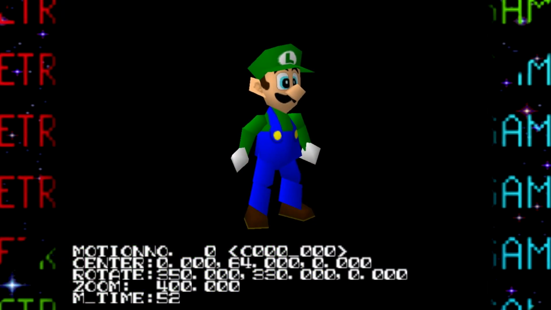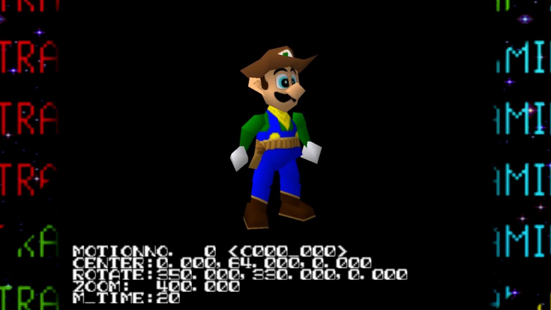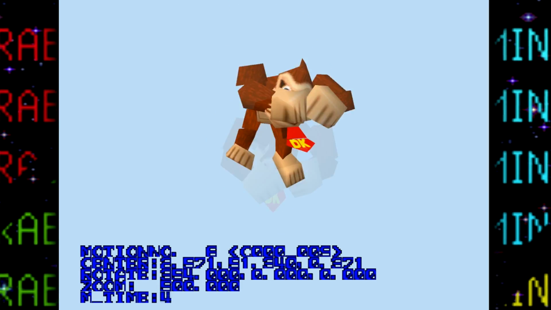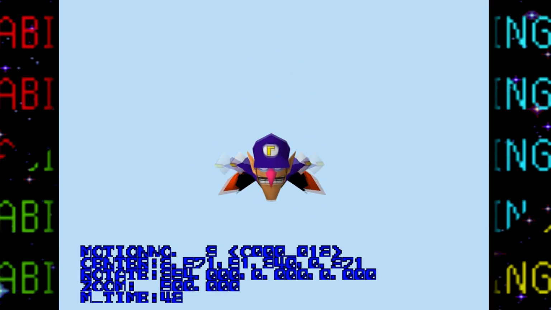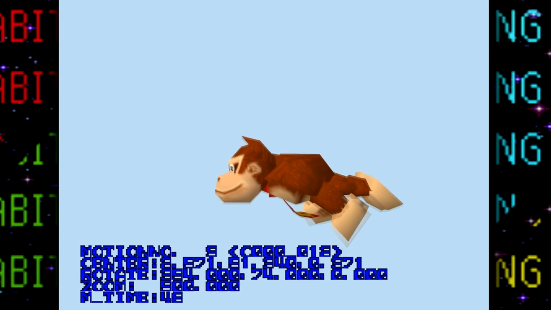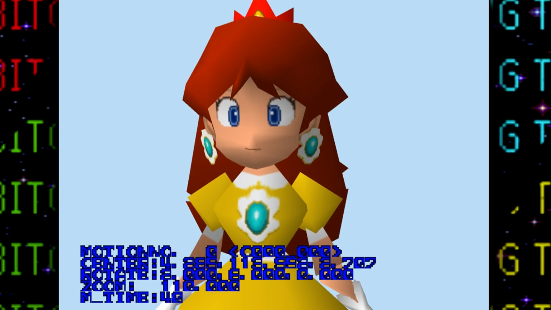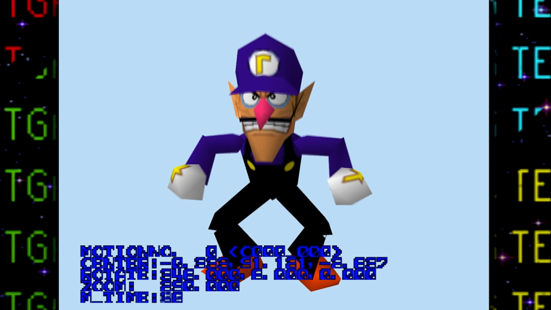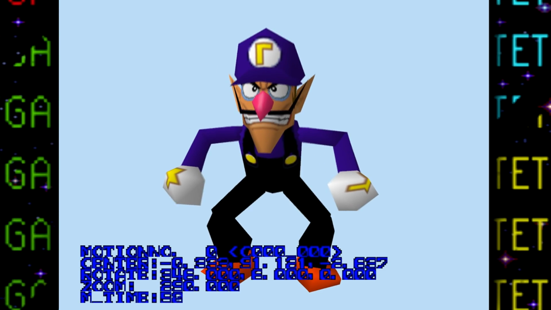We had a lot of fun with Mario Party 2's character animation test, so I'm pleased to see it make a return in Mario Party 3. Again, it's pretty simple. You can just swap between all the different characters, their animations, and then move, rotate, and zoom in or out of the model as you please. You can also swap between the lower and higher poly models of each character, which is always interesting to see. Waluigi honestly doesn't look that bad, even in low poly form. But then we have...